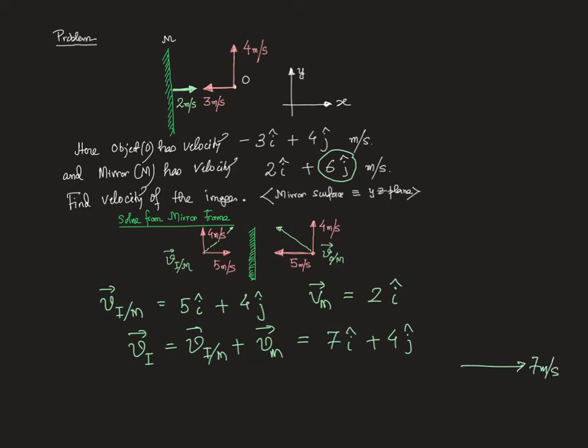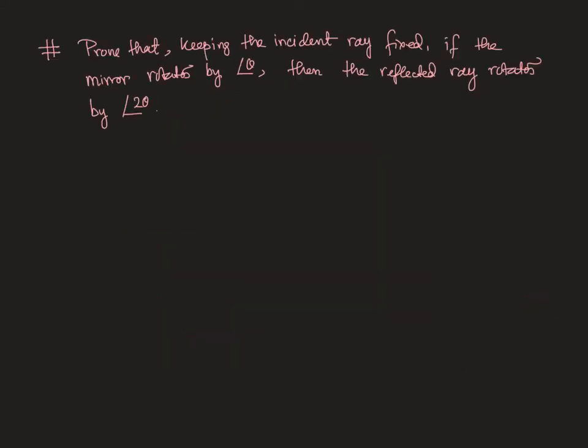7 meter per second towards x axis and 4 meter per second towards y axis. This is the velocity of the image from ground floor. So prove that keeping the incident ray fixed, if the mirror rotates by theta, then the reflected ray rotates by 2 theta. So initial position of mirror, say it's this initial position of mirror